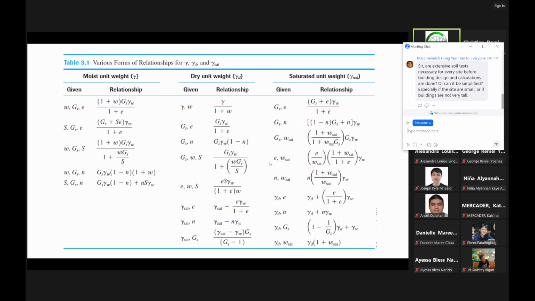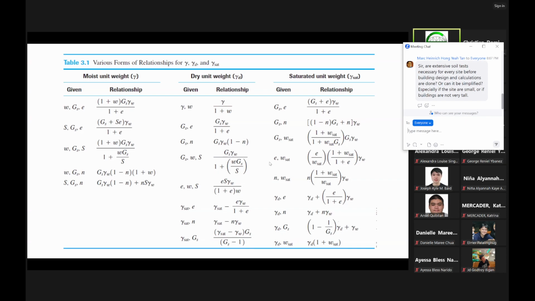Sir, are extensive soil tests necessary for every site before building design and calculations are done? Or can it be simplified, especially if the site is small or if buildings are not very tall? Okay. Yeah, I think this is a very practical question. Okay. In practice,